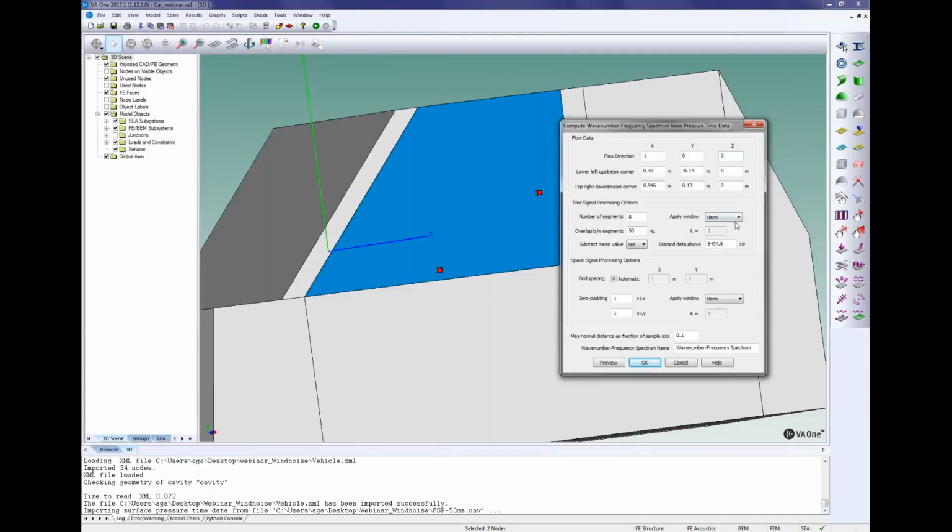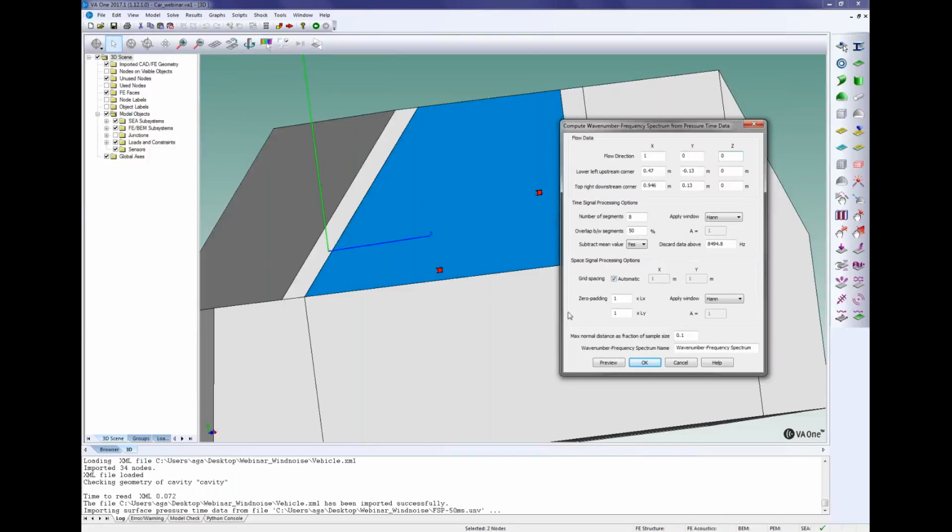What is important is to apply a filtering window here using Hanning, and there will be overlap, the number of segments can be 8.